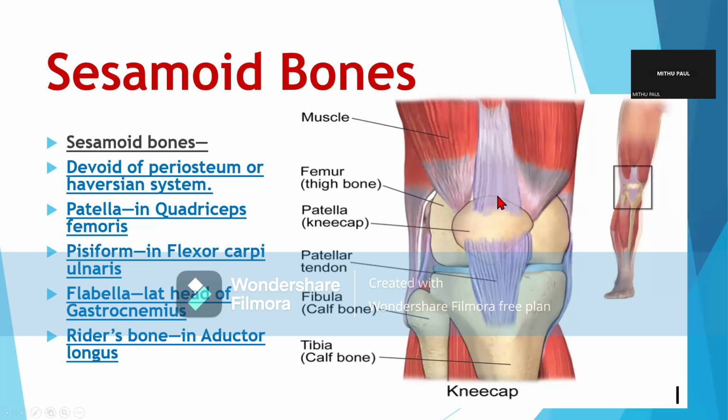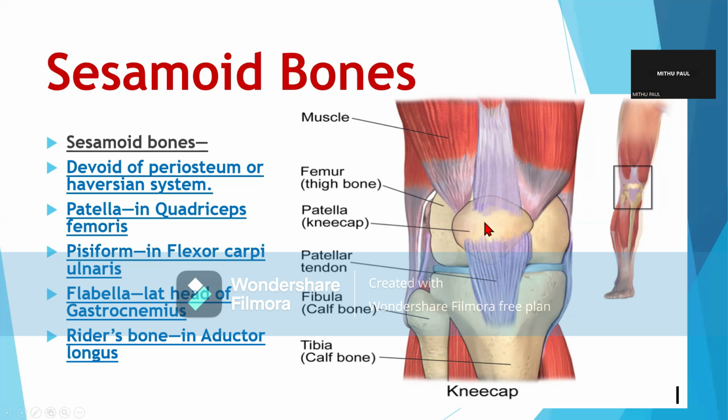In almost everyone, the biggest sesamoid bone is in front of your knee, formed within the tendon known as the quadriceps femoris. Why quadriceps? Why femoris? Everything I will explain, so it will be stuck in your brain and you will never forget. Okay, gradually. So this is the patella, or as it is capping the knee from the front,